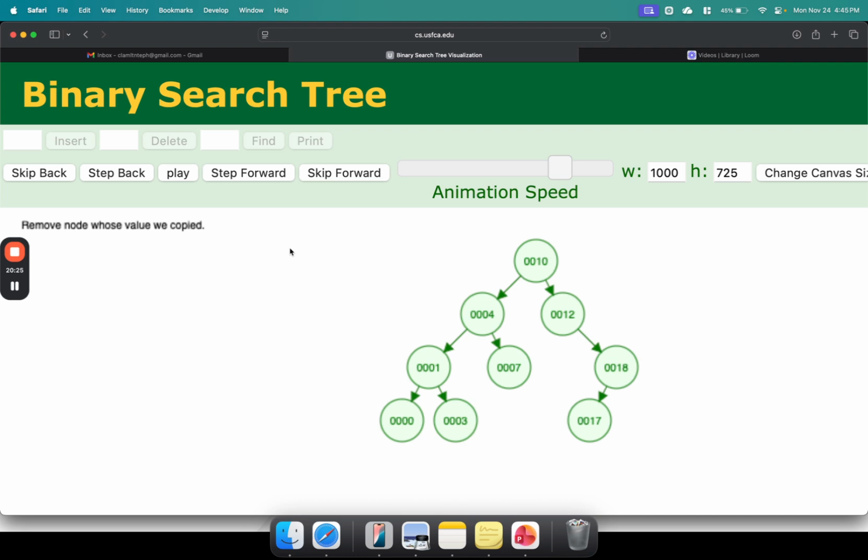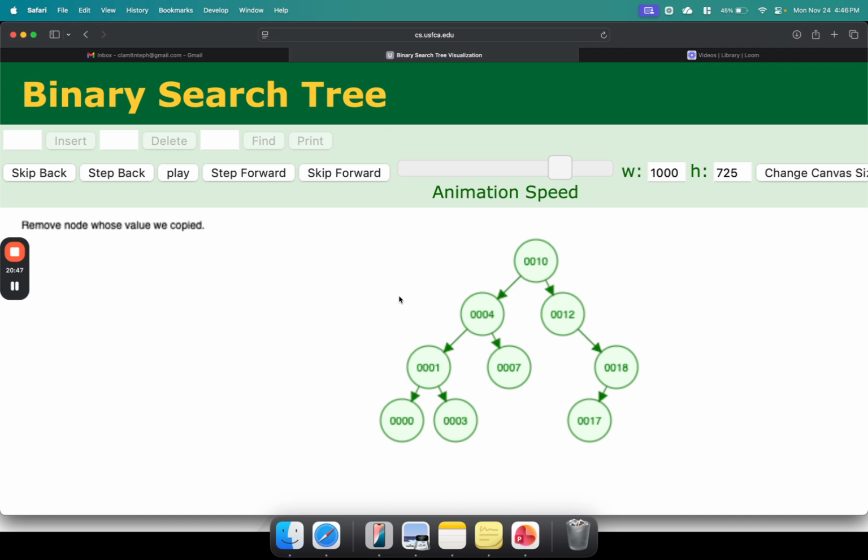We have our insert, delete, and member. But we also have the max and the min functions, which return the biggest value or the smallest value inside your tree. I have a very simple way of explaining max or min.